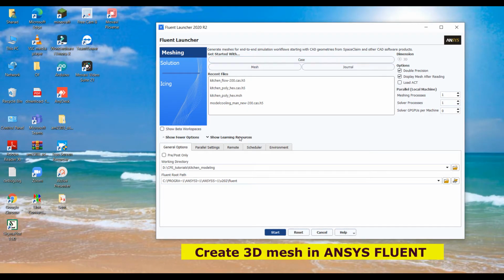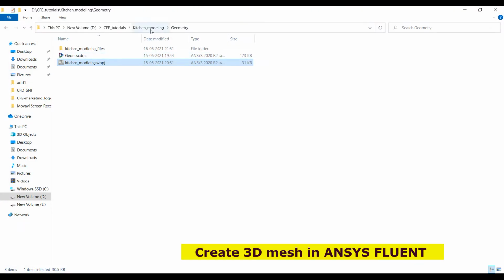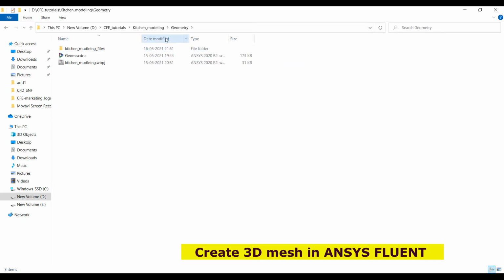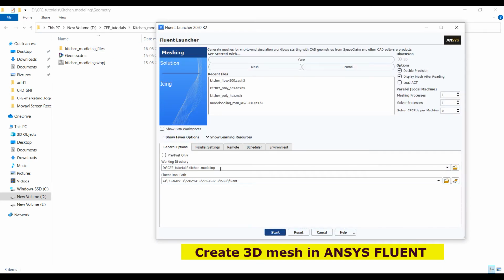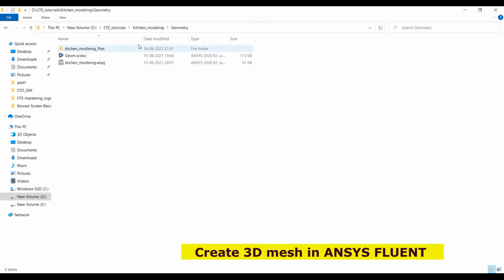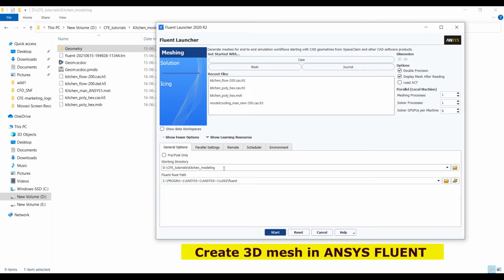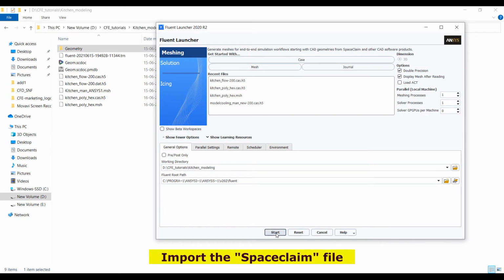a Fluent launcher, select meshing, and give the proper path to where the file is, the kitchen modeling file. Select double precision.